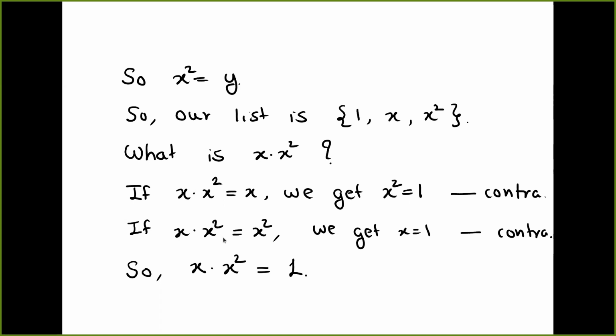I also cannot have x times x squared equal to x squared, because then I could cancel out x squared and I will get x equal to 1. So x times x squared is equal to 1. So x cubed is equal to 1. Yeah, I didn't really have to write a long proof like this because I have already proved this. But anyway,